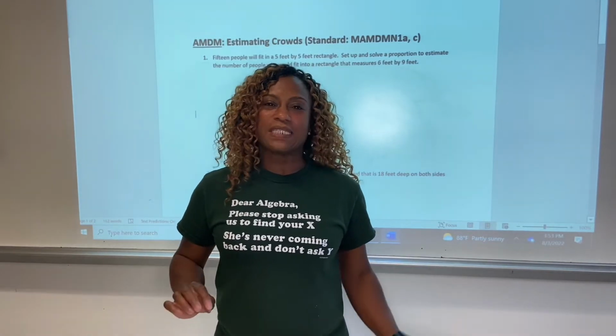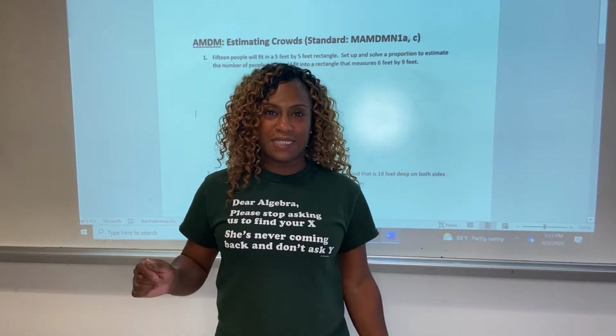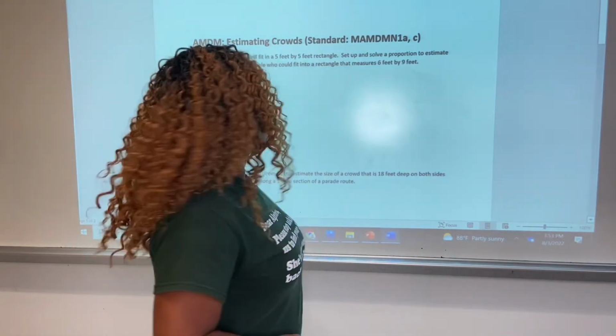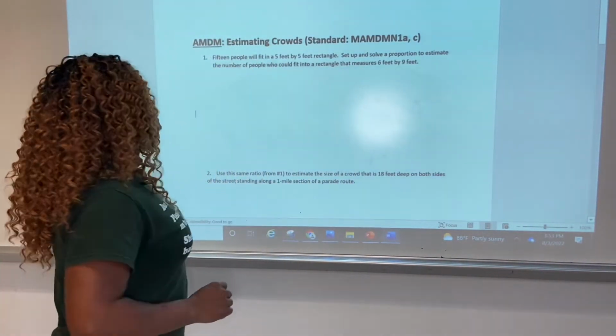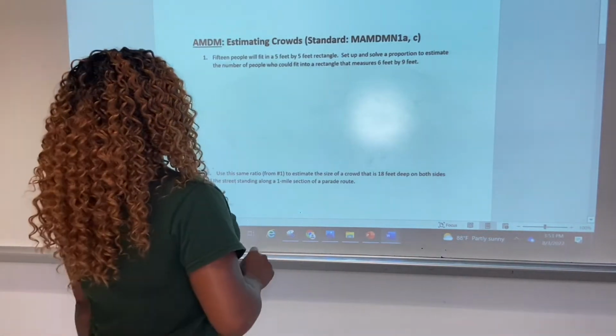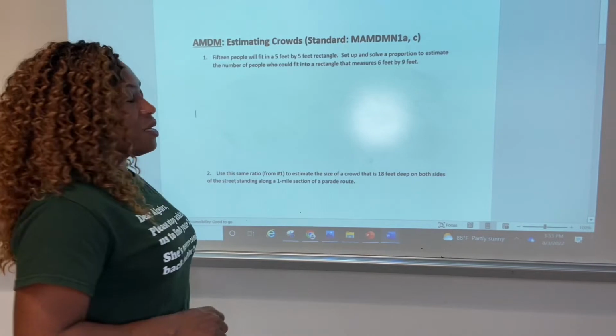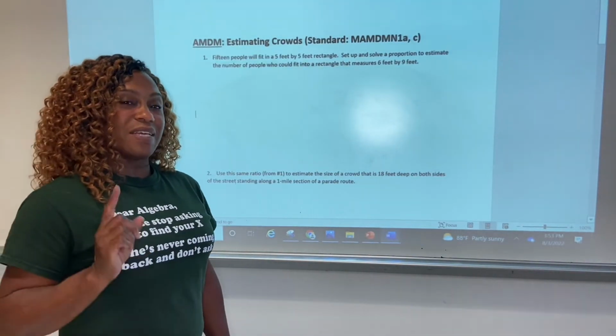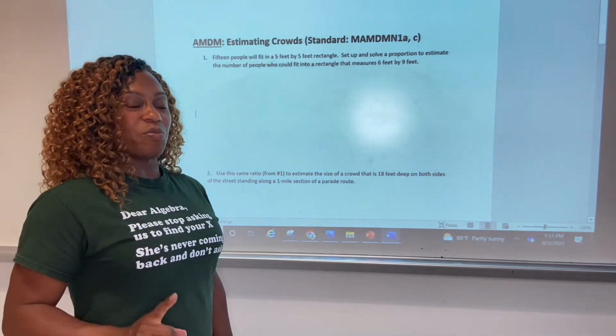Now today we're going to take a look at two problems from AMDM on estimating crowd size. Let's take a look at number one. We're told that 15 people will fit in a 5 by 5 feet rectangle. Set up and solve a proportion to estimate the number of people who would fit in a rectangle that's 6 by 9 feet. All right, now we already know that in order to solve a proportion, first you've got to